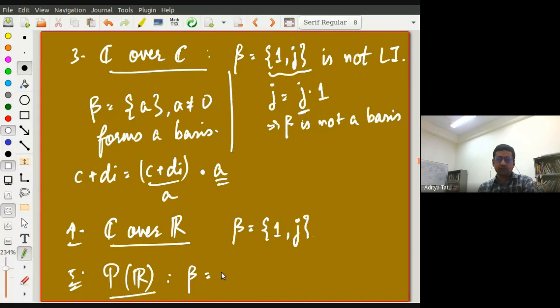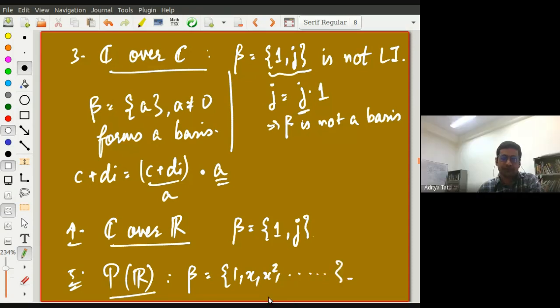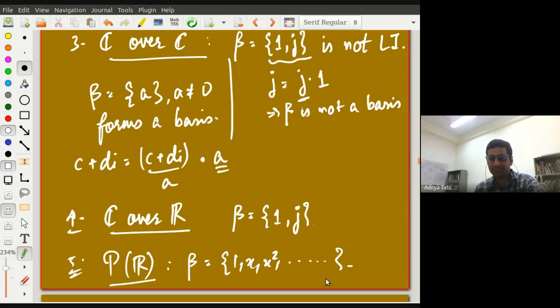In some sense we know the answer already. The set is x to the power i such that i belongs to n. This is a basis because you've already shown that this is linearly independent. Give me any polynomial. By definition, a polynomial has to have a maximum degree, or order. You just keep getting confused with the definitions there. And so you can write it as a linear combination of a finite number of elements from this set. Therefore it spans P(R).